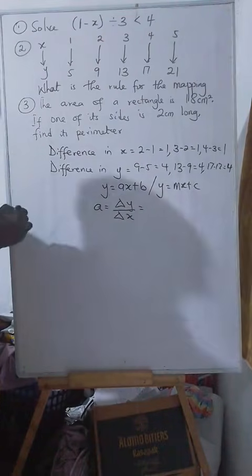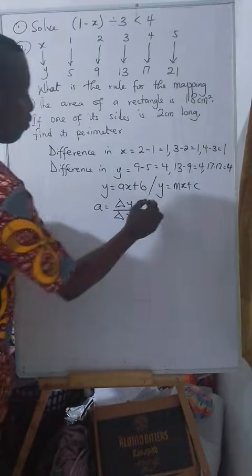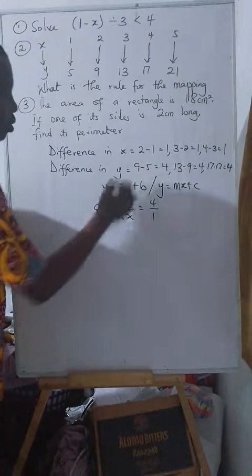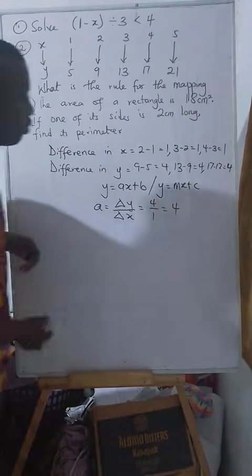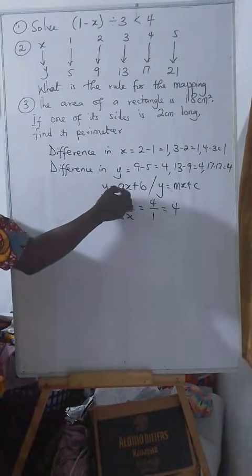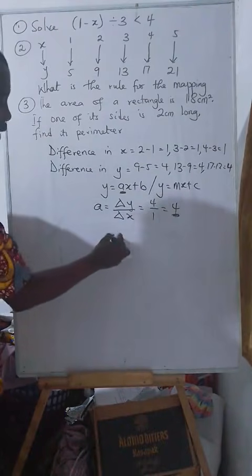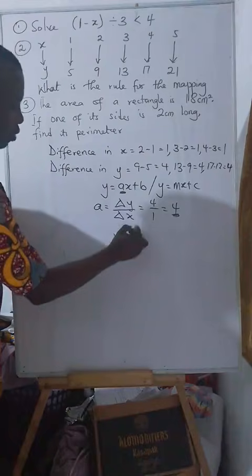So the difference in y we have 4, and the difference in x we have 1. So 4 over 1 is 4. So you replace the a with the 4. So y is equal to 4x